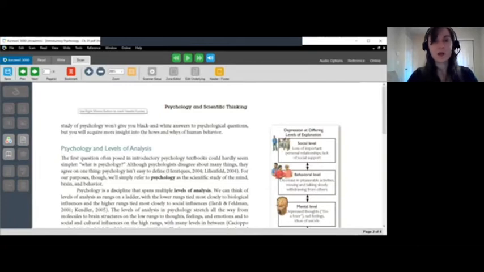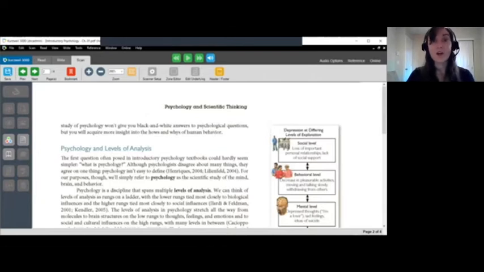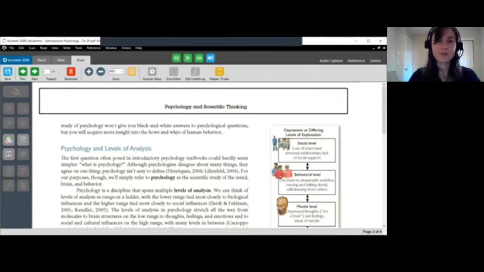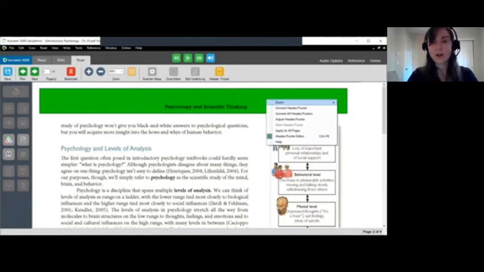And then from here, I'll want to right click. It even gives me the prompt to use right mouse button. So I'll go ahead and right click and then I'll select mark header/footer. And then it will appear with a crosshairs mouse. At this point, I can click and drag across the whole top of the document. And then after I've clicked and dragged, I'll want to select outside of the box, and that will highlight that whole area in green. Once it's green, I'll want to right click inside of the green box area, and then I'll want to select apply to all pages.